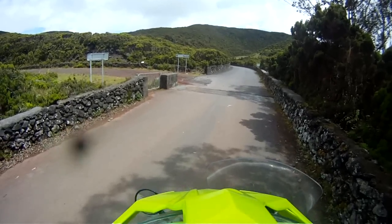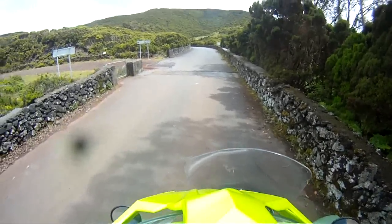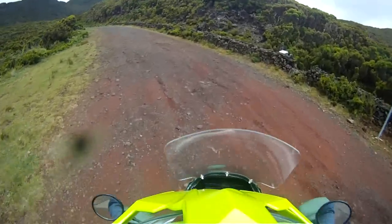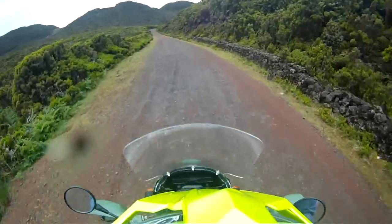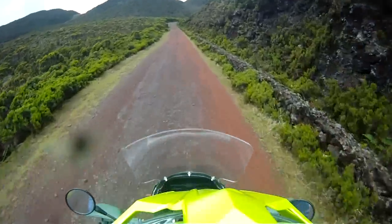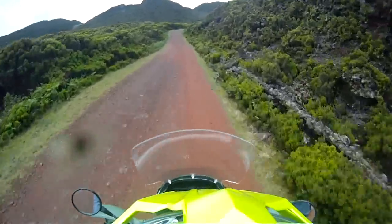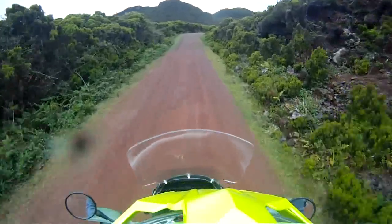Google Earth or Google Maps, and I saw this, and it's just this gray line across Google Maps, and I was looking and looking and looking, and I couldn't find it. I had gone from one side of where the road begins, apparently, and I looked there, and I couldn't find it. And then I went to the other side where the road ends, if you will, and there was finally this sign pointing to Agualva, which is where I had gone to the first place to find it. So